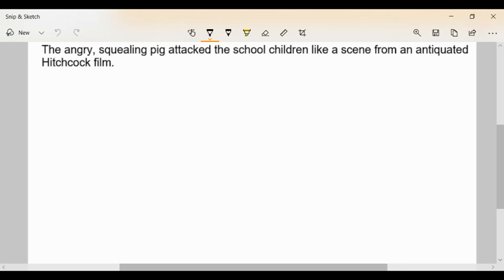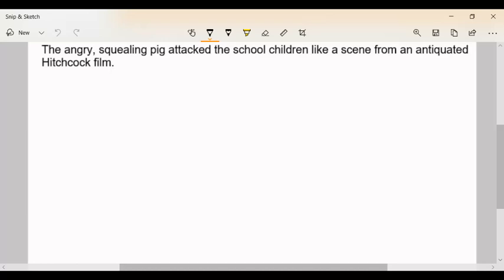So let's take a look at our first of two examples of how to diagram a participle or a participial phrase so we can understand exactly what it's doing in the sentence and how it relates to everything else in the sentence. And it'll also help us understand when we have an error. So take the example sentence which says, the angry squealing pig attacked the school children like a scene from an